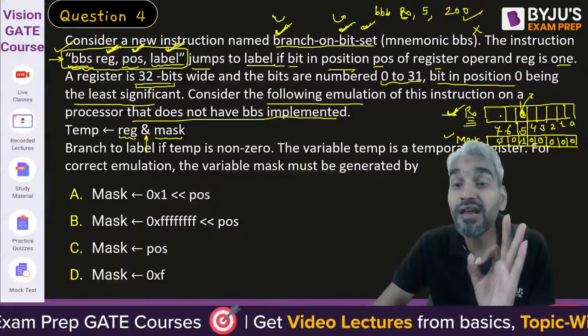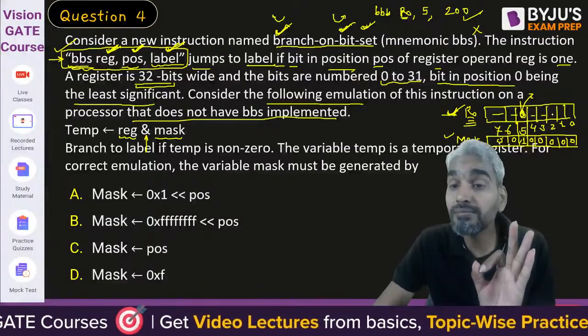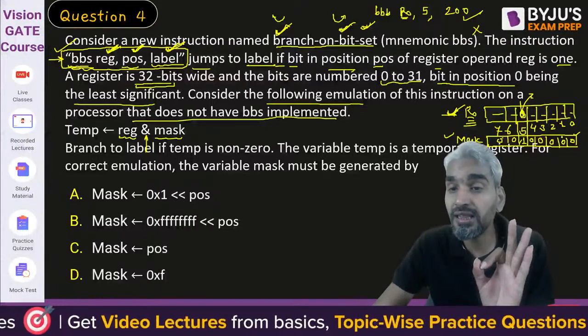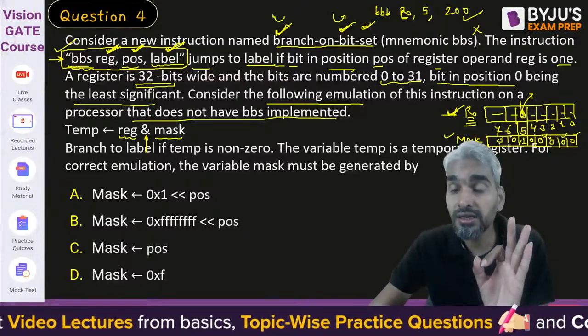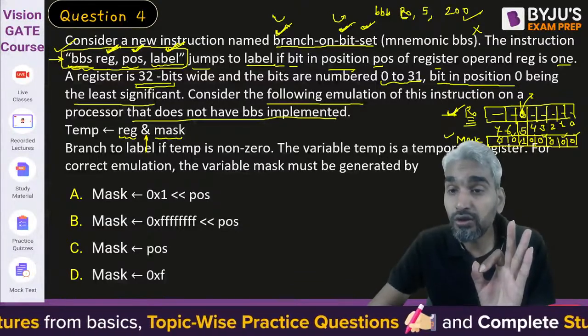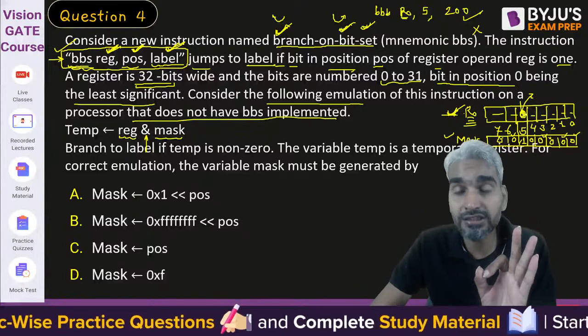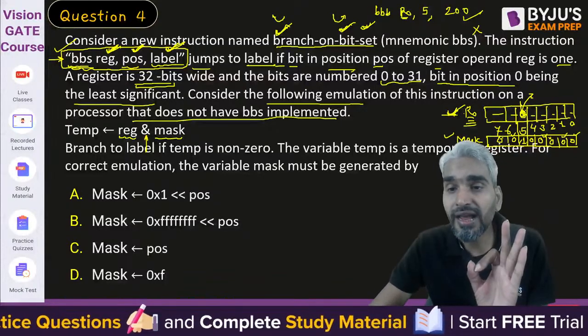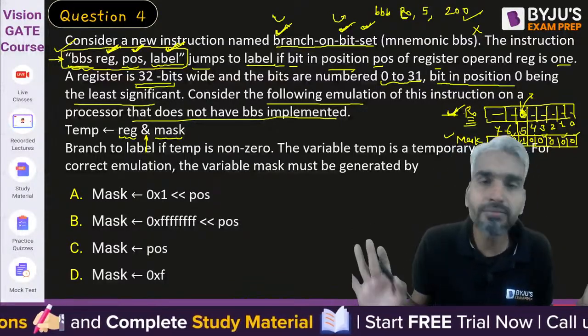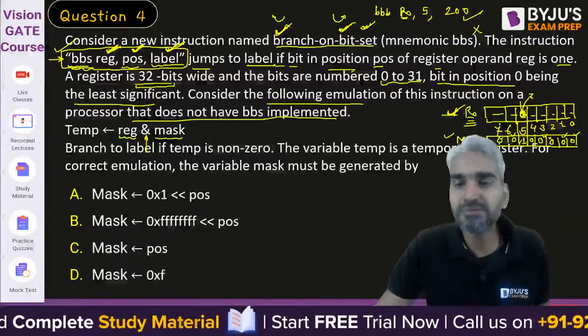Every other position will become 0 because of the zeros in the mask. The result may also become 0 if the value at position 5 in register R0 is 0. If it is 1, then 1 AND 1 will be 1, that is, it will become non-zero. Clear? So that's a simple aspect, that we need a mask